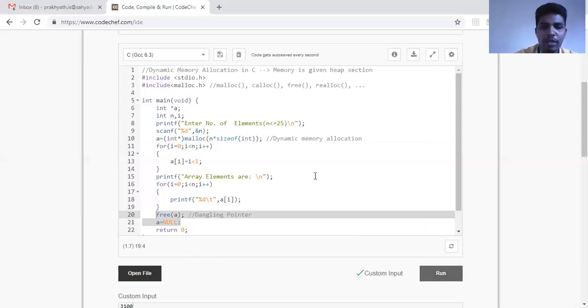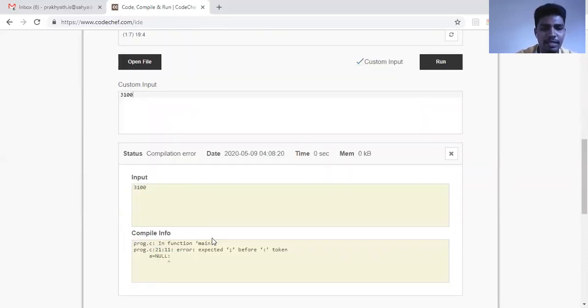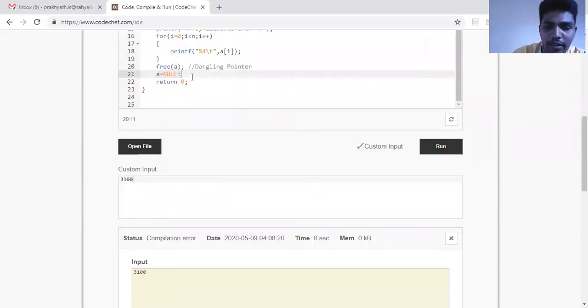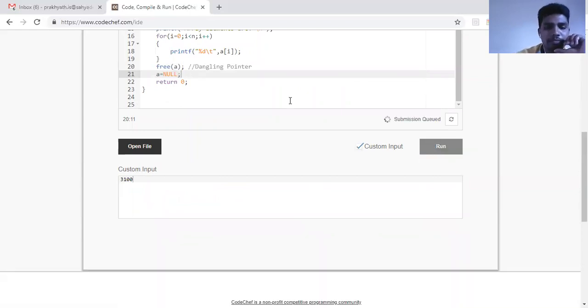If I run this code now, it was not showing an error without these lines either. Now also it doesn't throw an error. It gives me the answer. Okay, I've used a colon instead of a semicolon. That's why it is throwing an error. Don't get confused. I'll replace it with a semicolon.